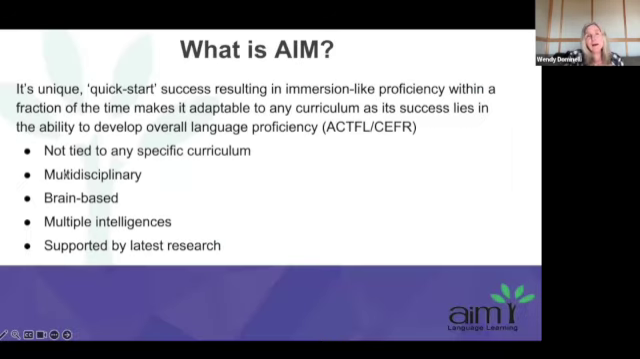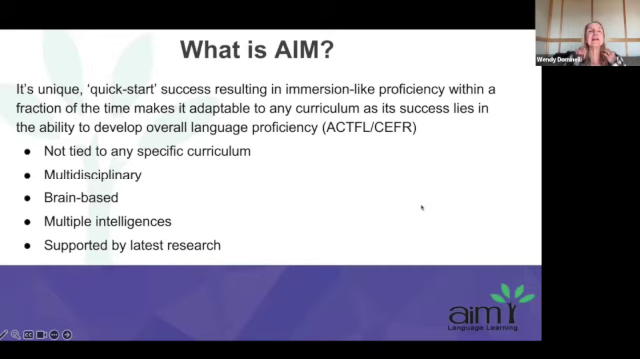So what AIM does best, unlike perhaps other programs or methodologies, is very rapidly get students up and running in the language, both orally and in writing, so that in a fraction of the time of what we're typically seeing, and in fact, sometimes it just never happens that students develop proficiency even after many years, AIM rapidly helps students develop both oral and written proficiency. And it can be adapted really to any program that you're trying to teach, because it is a methodology. It's just a series of techniques and strategies that we use to develop